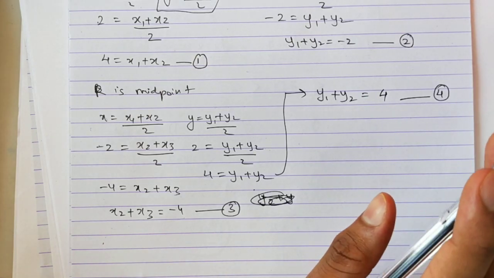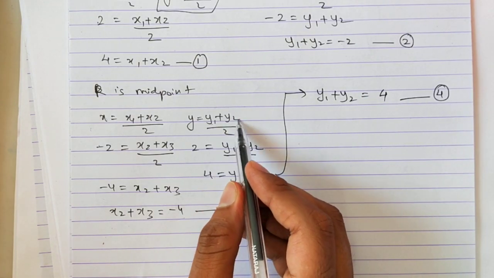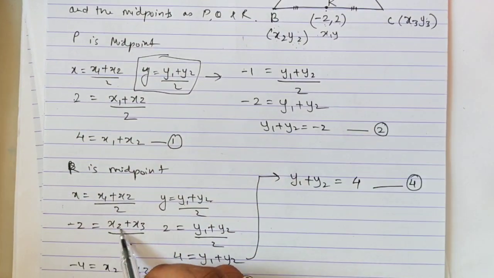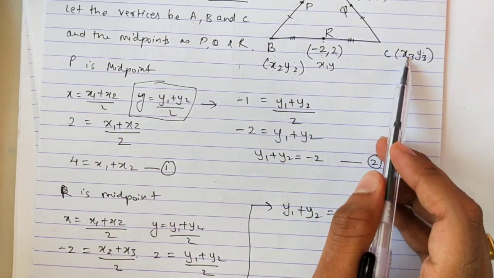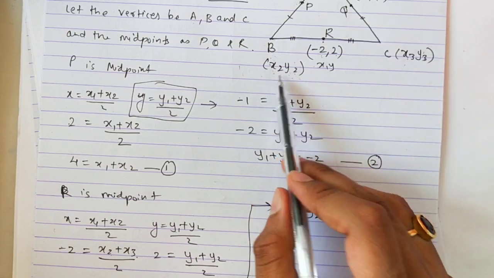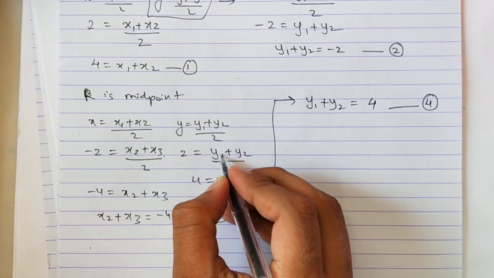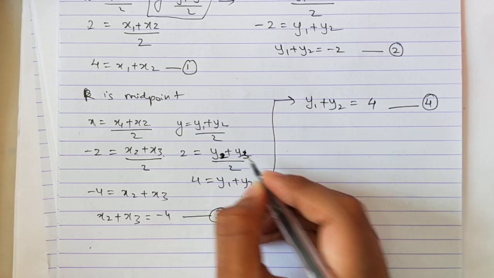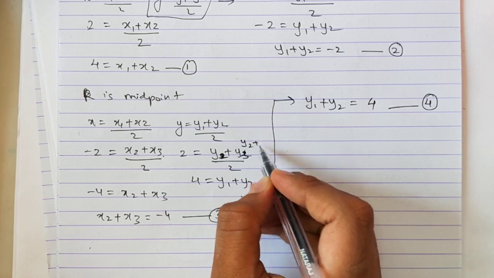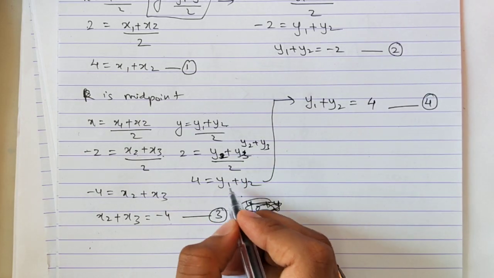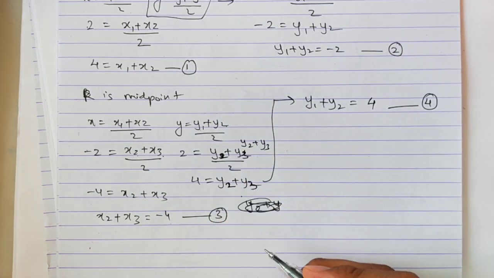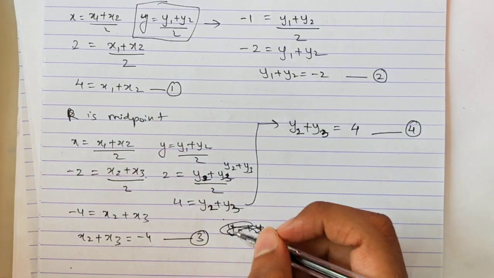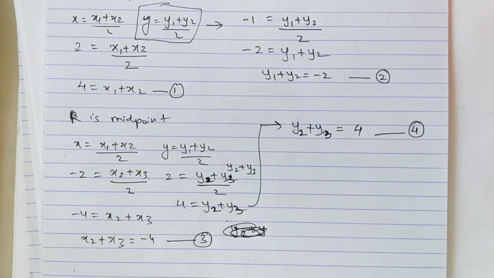Achha, just a minute. Here y1 plus y2 is, we have to take y2 and y3. Okay, like here we took x2 and x3 because the 2 points here are x2 x3, y2 y3. So I'll have to make a correction here. It is y2 y3. Okay, here also it is y2 y3. So my equation will be y2 and y3. Okay, make this small correction.